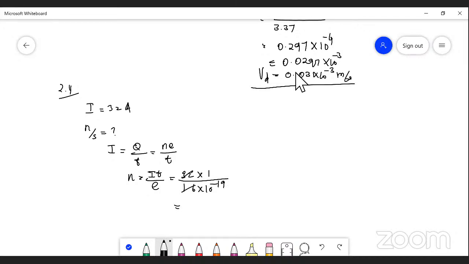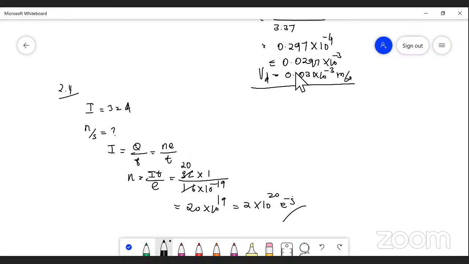To cancel this, this is 20. So 20 into 10 power plus 19, and this is 2 into 10 power plus 20 electrons. So I can say 2 into 10 power plus 20 electrons will flow through the given conductor in 1 second